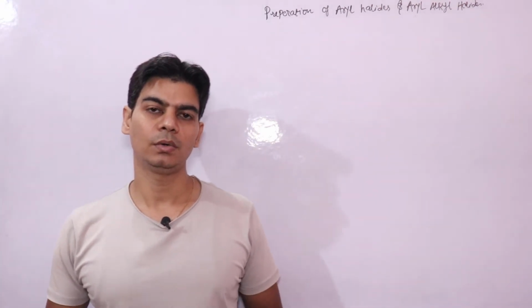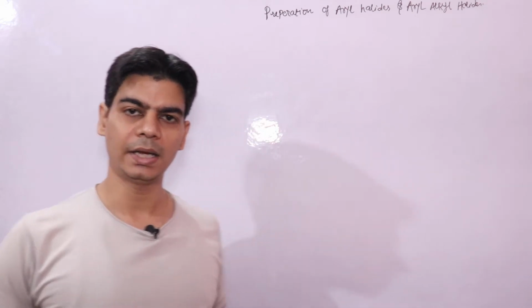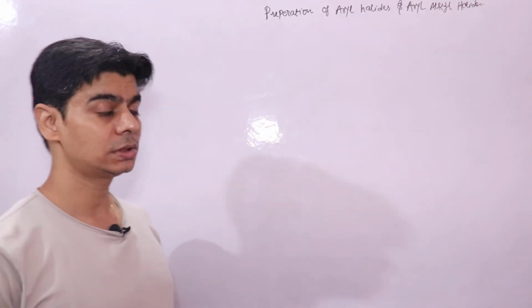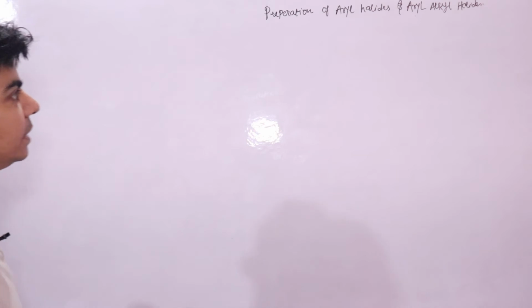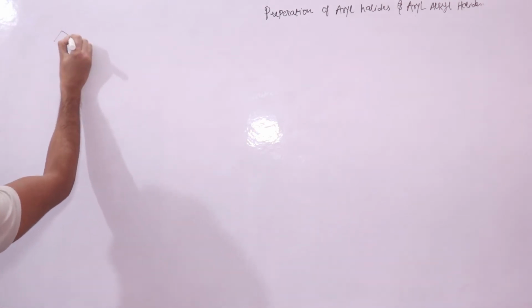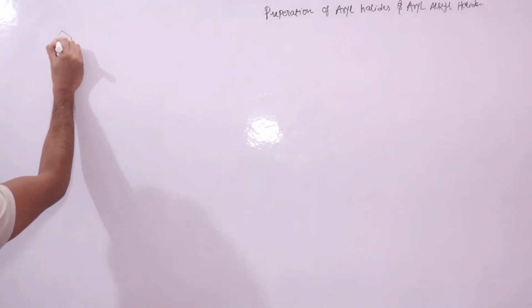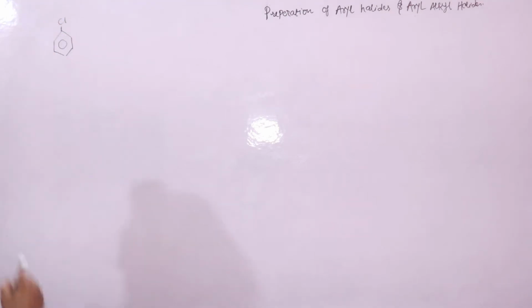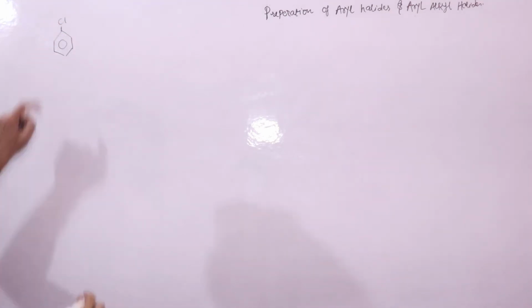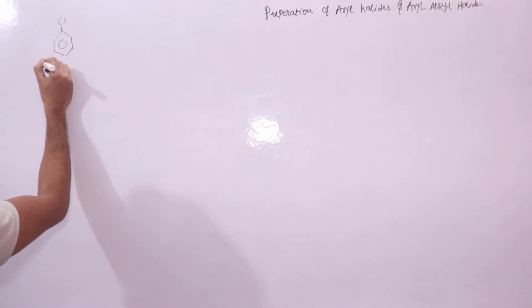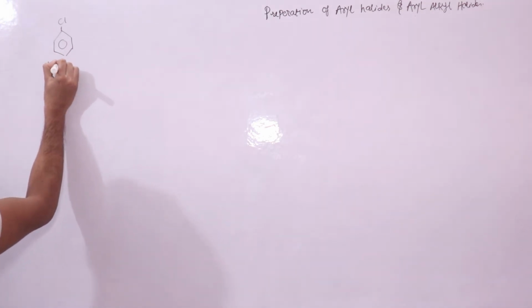Now in this lecture we will look into preparation of aryl halides and arylalkyl halides. First let's look into what is an aryl halide. Aryl halides are compounds where the halogen atom is directly attached to the benzene ring, right? You can see this halogen atom is directly attached to the benzene ring. This is named as chlorobenzene,